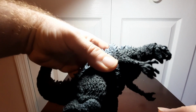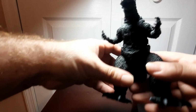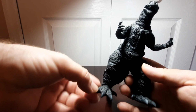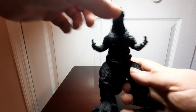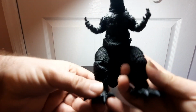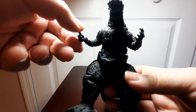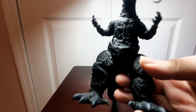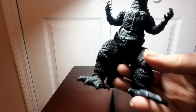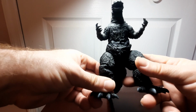I think maybe they kind of dropped the ball a little bit by doing that, because then you've got the claws on the toes, the toe claws here, and these were done more of that bone gray, if you will, like the teeth in that bone gray. So you guys can see there. I wish that they would have done that with the finger claws, but nonetheless, they're still detailed very well. Still, again, very sharp to the touch and whatnot. The feet, I should say,